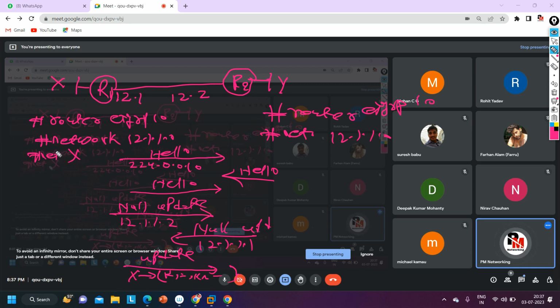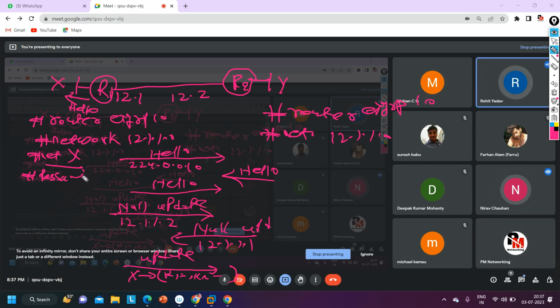After that, when I have advertised the X network in EIGRP, router 1 will start sending hello messages from here also. Yes or no? But I don't want to send hello messages on the LAN interface because here I don't want to form EIGRP neighborship. So how to stop this hello message? Passive interface. And what is the command? Router EIGRP 10, after that passive-interface and the interface, in port number, FastEthernet 0/0 or Loopback 1, right?